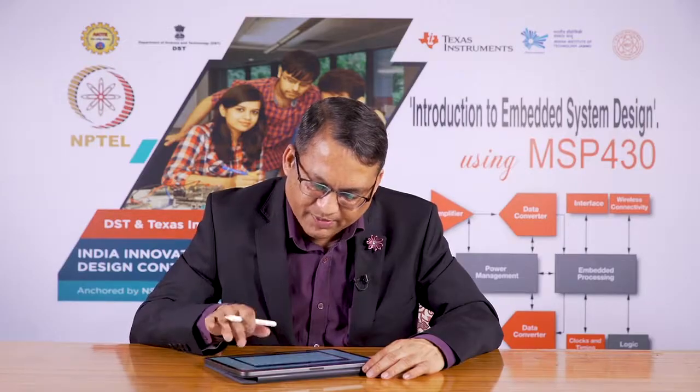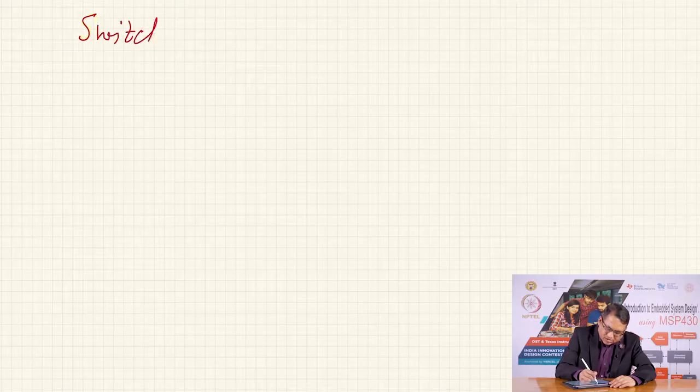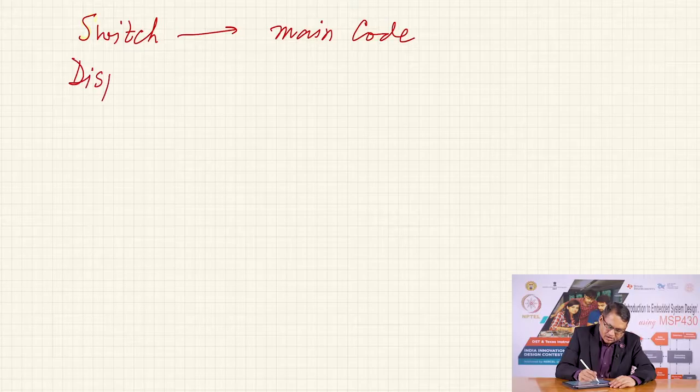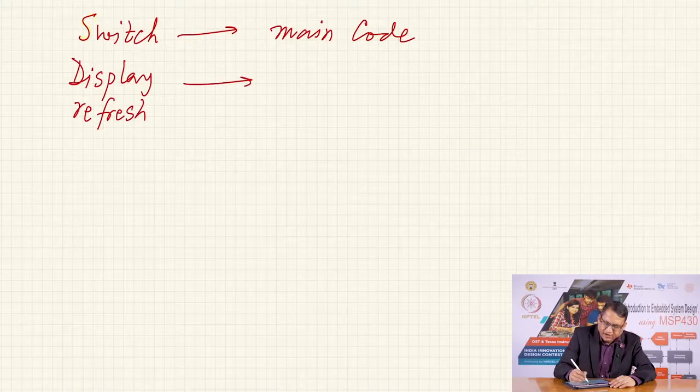And so, what we have done is, we have in this program, in this sequential style, let me go back, this is the interrupt style. What we have done is, we have divided the multiple tasks into various ways that they will be handled. We have done the switch as part of main code, the display refresh as part of timer interrupt,